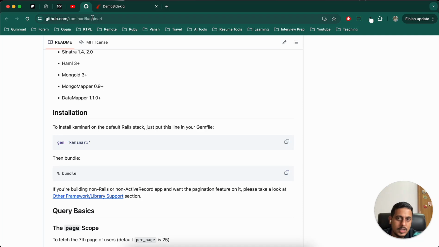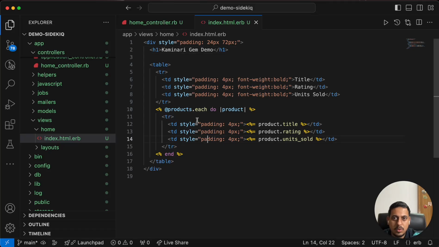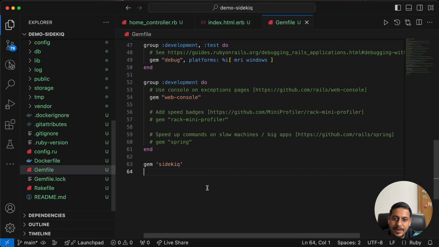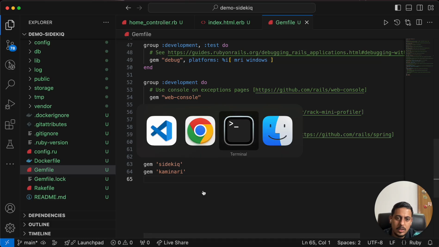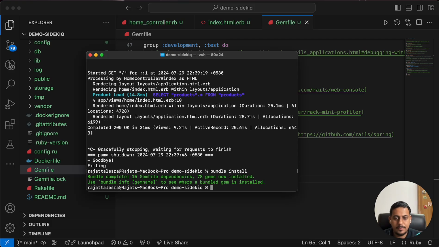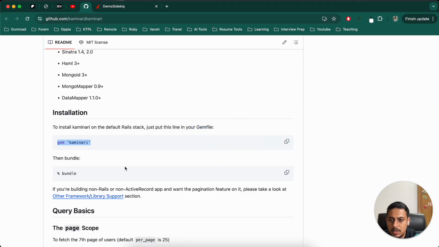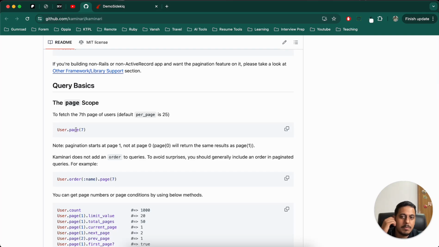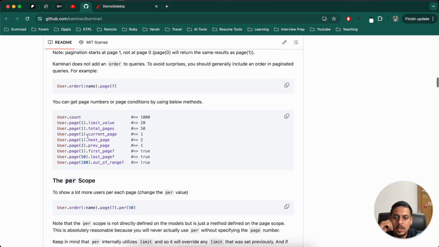We can go to the Kaminari website on GitHub and add this gem. So let's go and add it to our Gemfile. Okay, let's do bundle install and Rails server. Now we can simply use page 7. Okay, so for that,